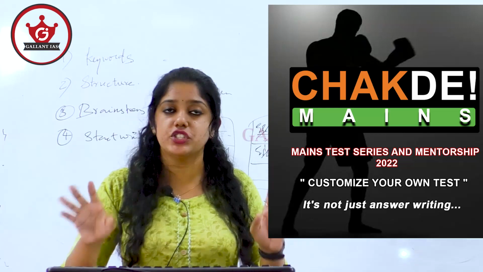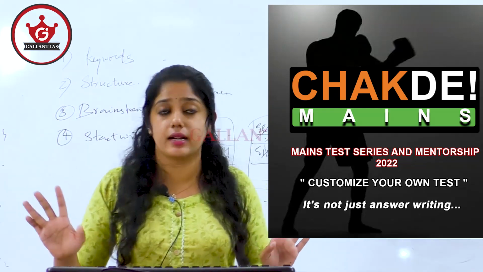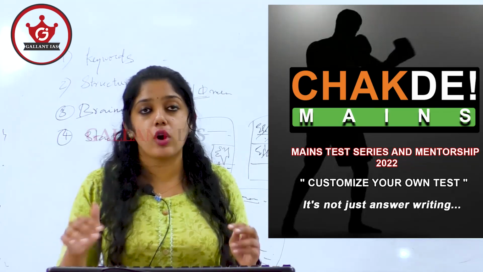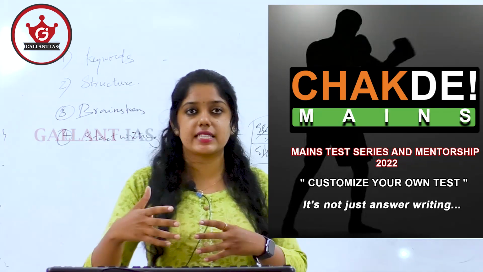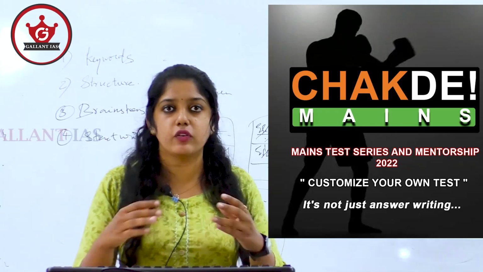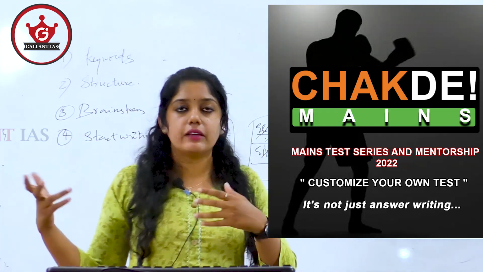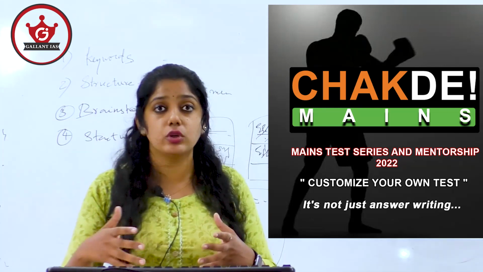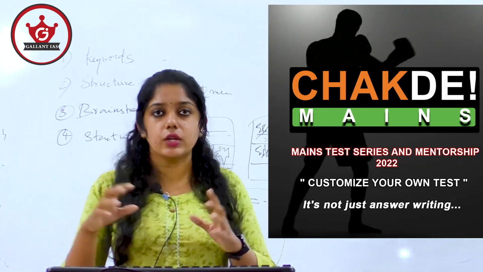And in GS3, normally the issue is that GS3 is a content-rich paper. You should have the content. GS3 and GS2 are highly linked with current affairs, so you have to read the newspaper. And in GS4, what aspirants generally face is that real-life examples are very difficult to quote. For example, compassion: what real-life example may you quote? That will be a confusion. Or empathy: you have to quote real-life examples, then only you will get more marks. So you have to take care of that angle.